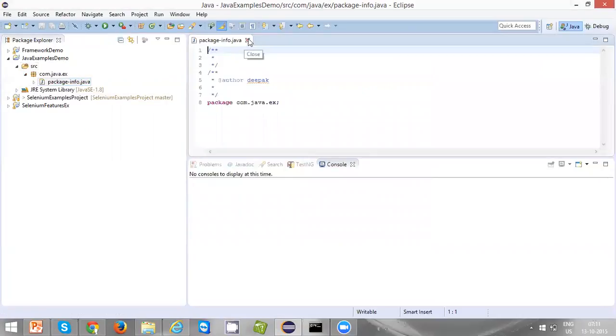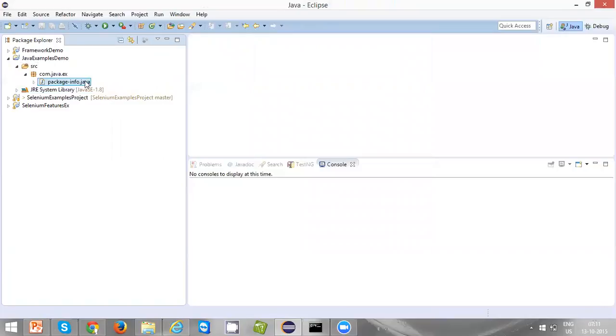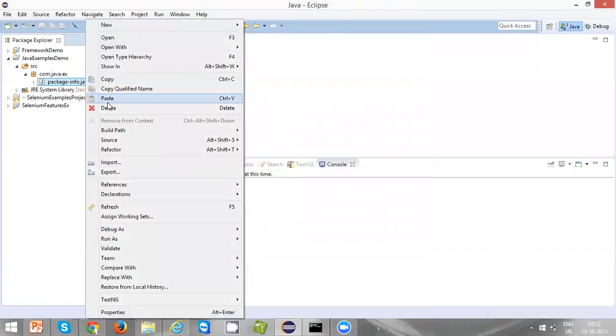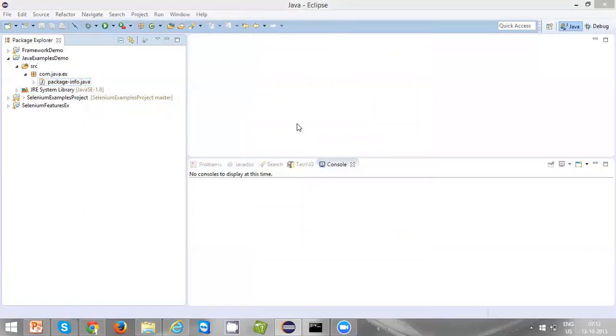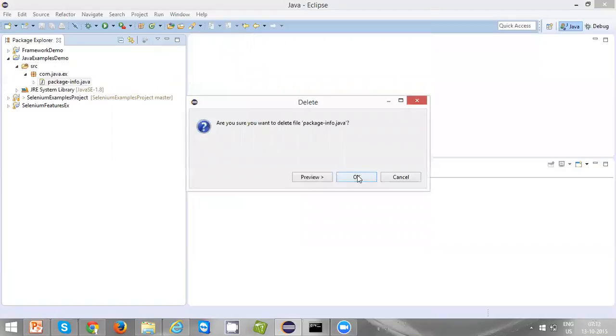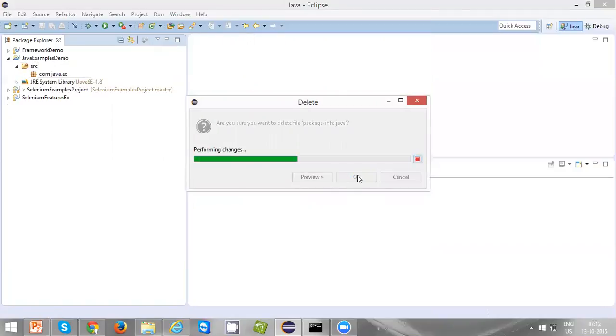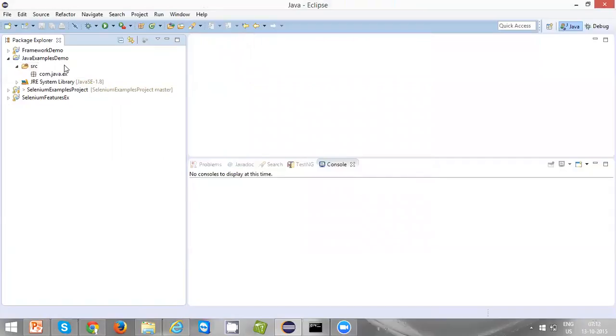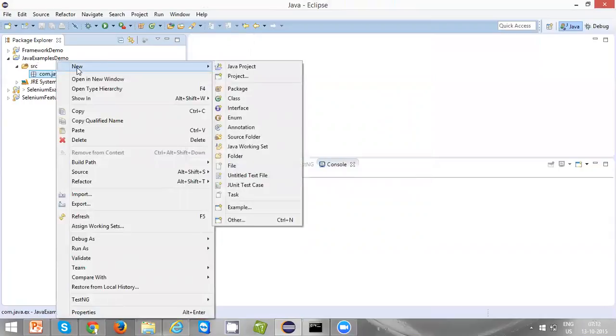And as and when you create a package, it's going to give a default class to you. We don't require that, just delete it. Some Eclipse versions will give you the default class, some will not give any default class. If it gives one, let's remove it. Select the package, make sure you select the package, right click, New, and click on Class.